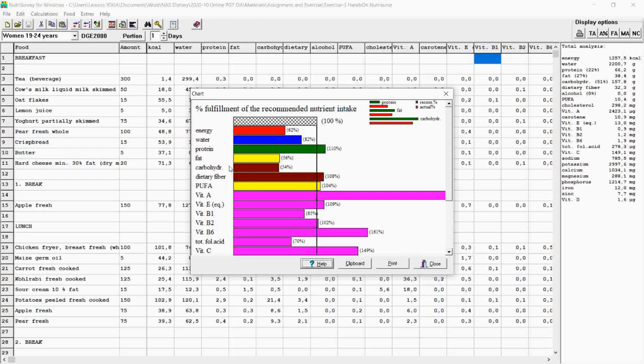We can see that several nutrients are below the recommended nutrient intake. However, you need to remember that for assessing adequacy, we cannot compare the nutrient intake with recommended dietary intake, but we need to compare with EAR, estimated average requirement.